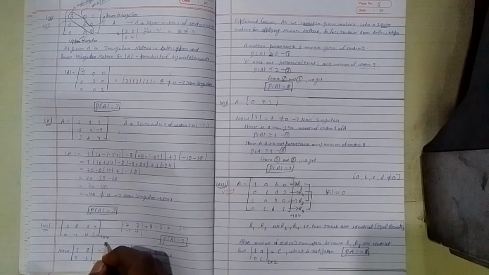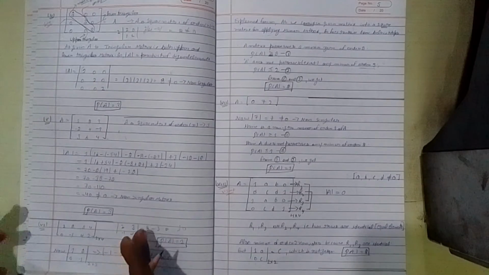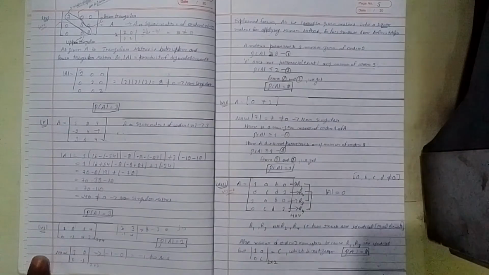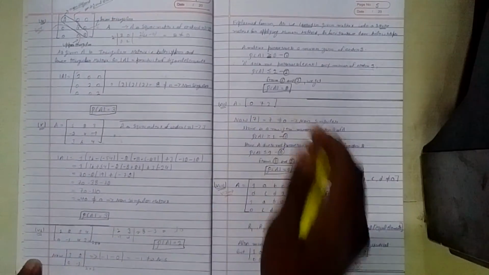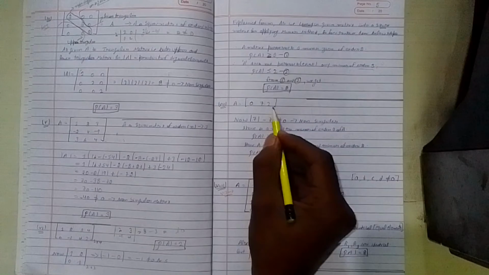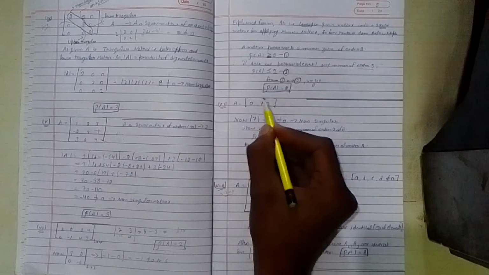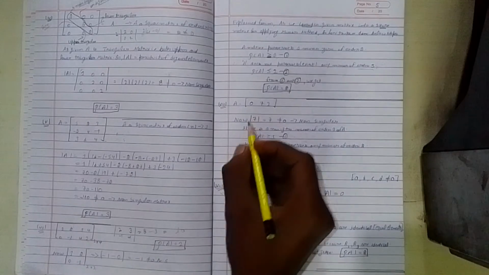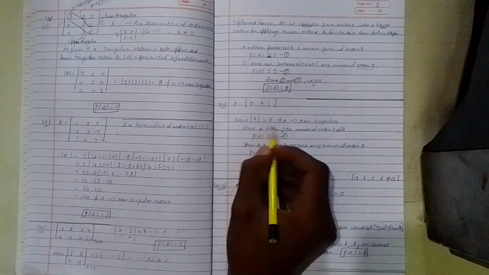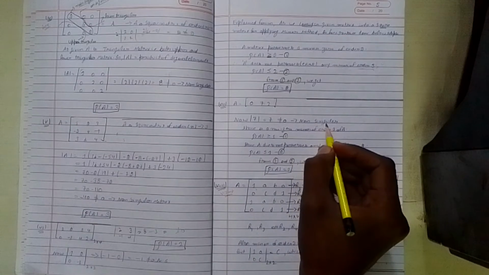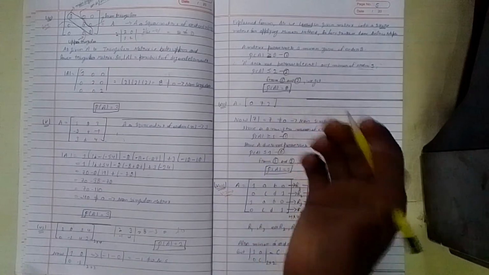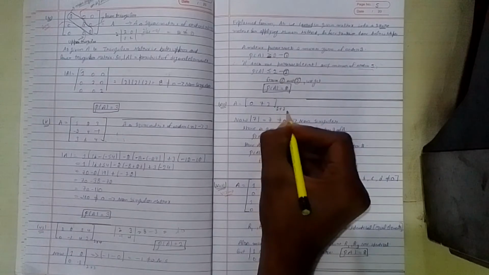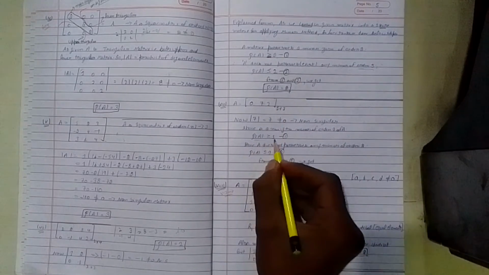Why do I consider order 2 matrix? Because it's possible here. I can consider order 2 matrix, मतलब 2 rows or 2 columns. Okay, that's why. Now here the case comes 0, 7, 2. Now 7. Why do I consider 7? Why do I not consider the first? Because I already told you, you have to consider a non-zero element of the matrix. So here it's non-singular. It's not of that order, but it has 1 row and 3 columns. It's also not a square matrix, so you have to write in this form.